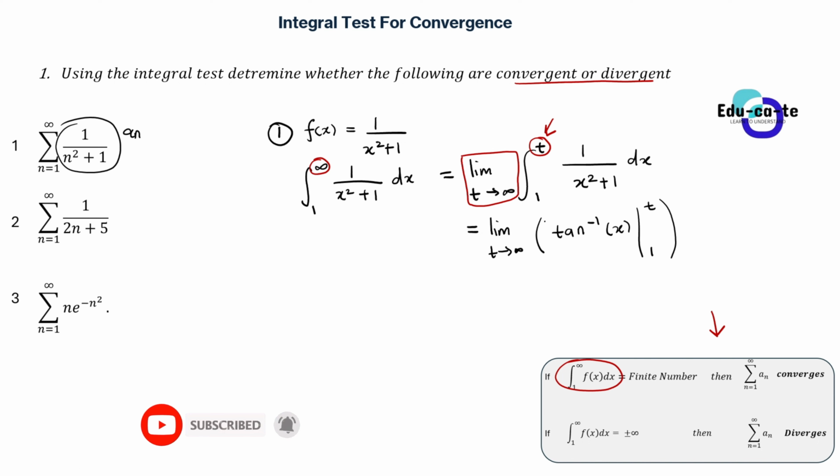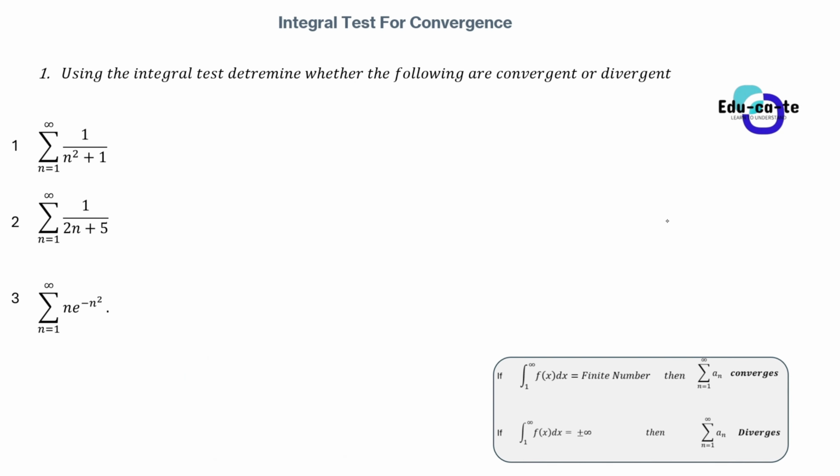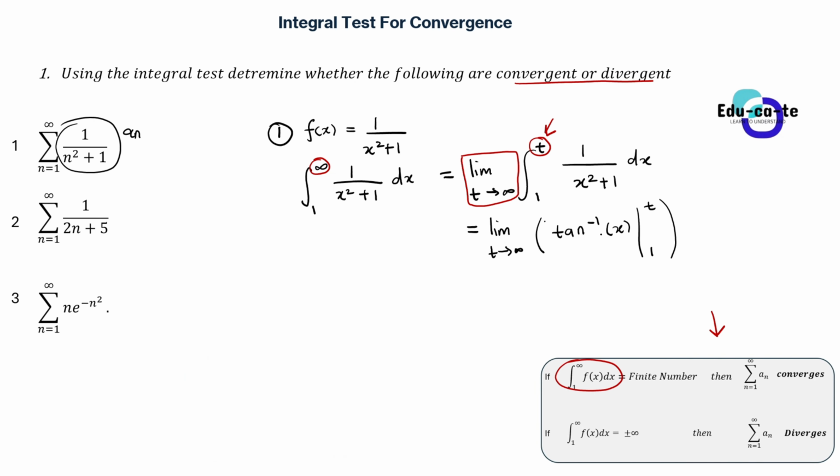So you know that when you are integrating 1 over x squared plus 1, you are going to get arctan. In essence, you must know that the derivative of arctan of x is equal to 1 over x squared plus 1. So the integral of 1 over x squared plus 1 must be arctan of x, the antiderivative, of course.